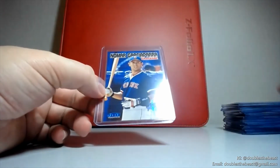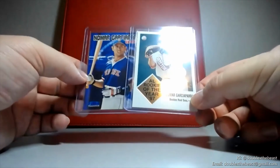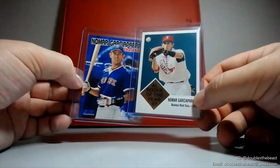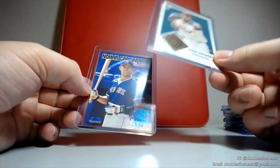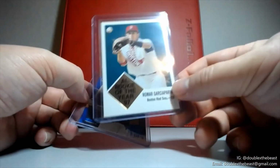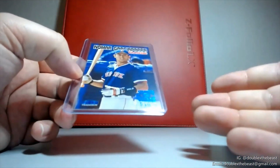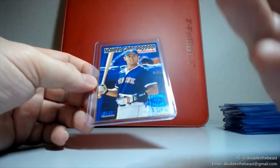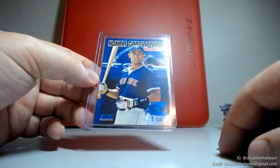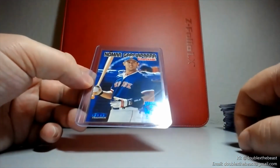One thing to mention about both of these last two, they come from Fleer Tradition. Fleer Tradition, especially in '98, '99, was a super low-end product. So it makes you wonder how many of these cards got pulled that people thought was just a vintage '61, maybe thrown away, who knows? Same story with the Starting 9s. That's not like a card that screams that this is a big card. So it's possible that some of these didn't make it, that maybe got tossed in the trash, especially a checklist,